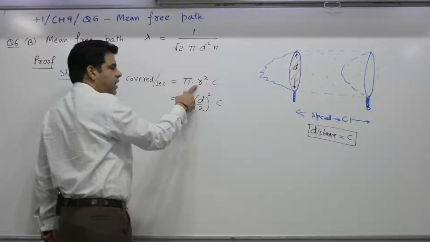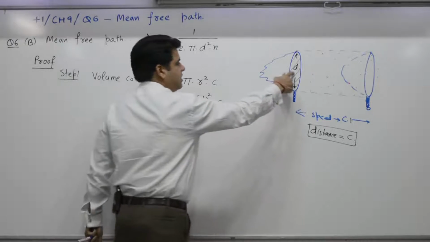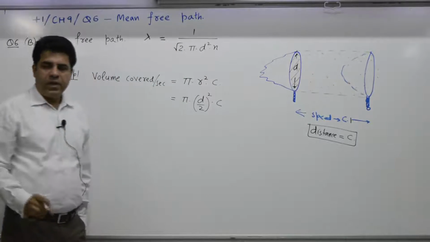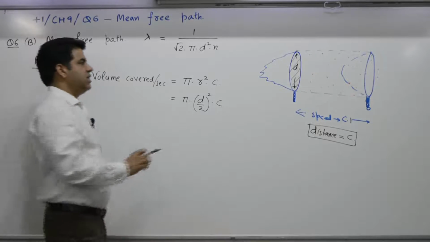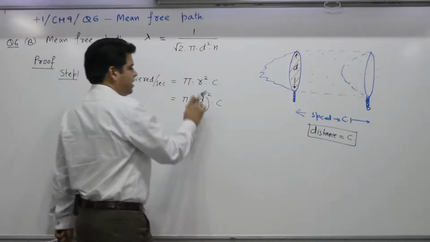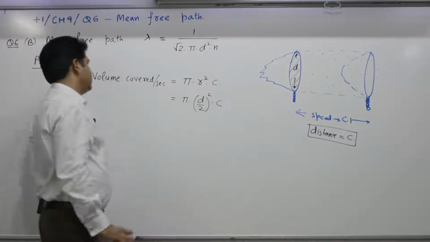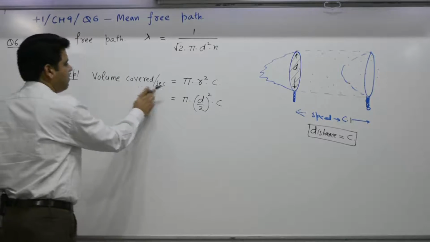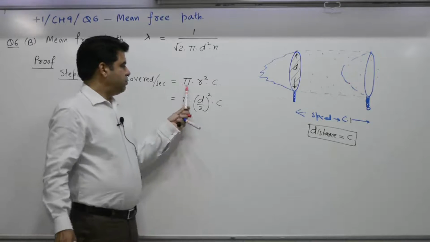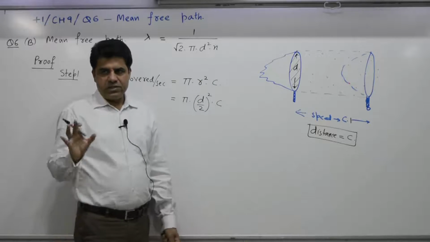Why do you change R? Because it is not R which is given, it is given as dia. R is radius, D is dia, radius is half of dia. So, first step, volume covered per second is equal to pi r square into C. Second step,